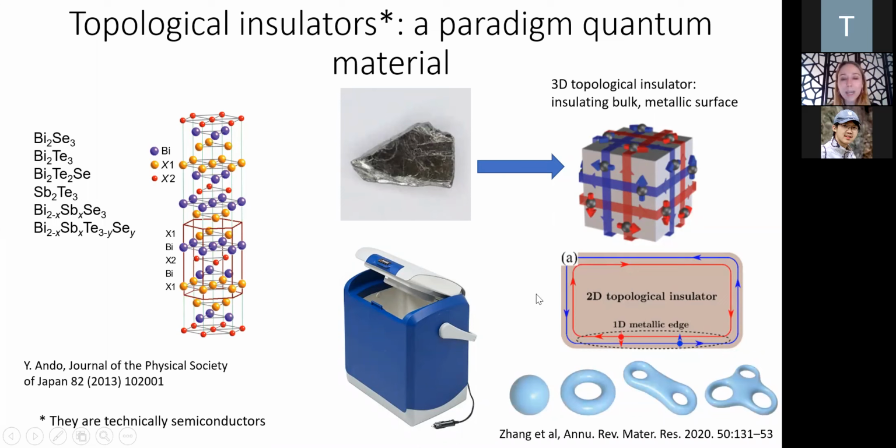The elephant in the room is what is topological about them. And so what is topological about them is the geometry of their many-body wave function. And it's a little bit outside the scope of the talk, but the idea is that for sort of geometric objects, you can classify them into certain topological classes, and then you can deform those objects and still have them be in the same class.